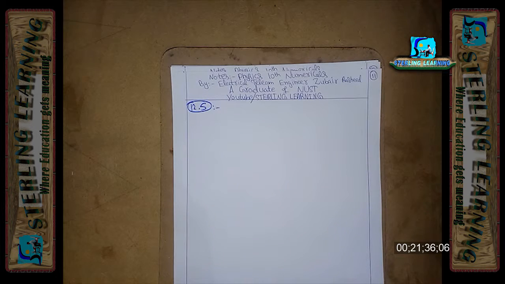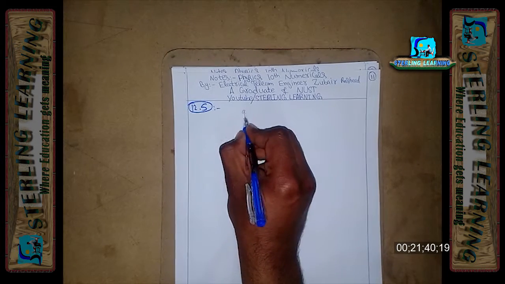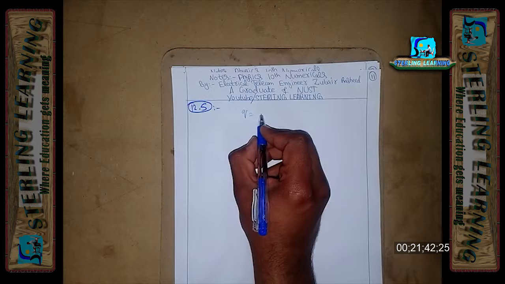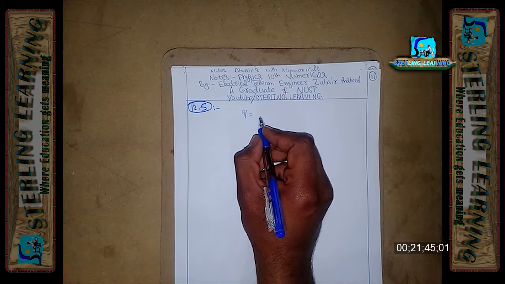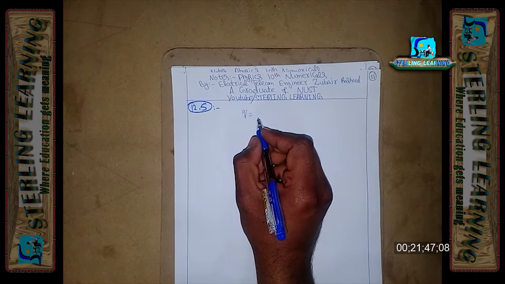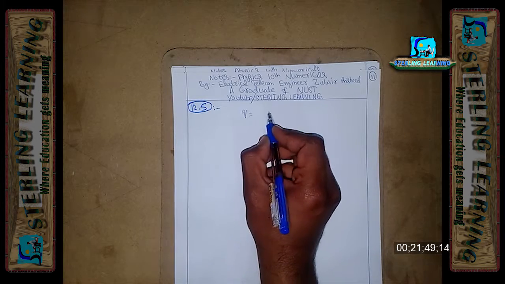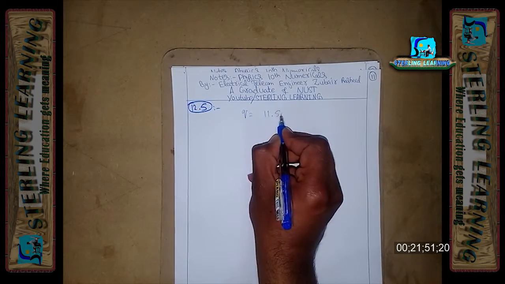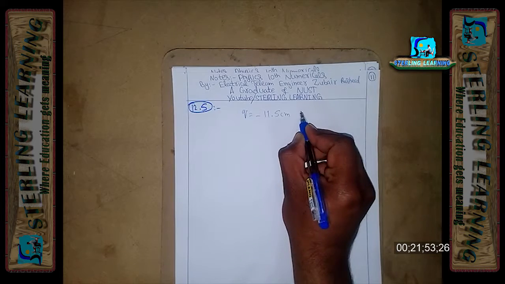Find the distance from the statue to the mirror. Q is given, how much? 11.5 centimeter, minus because